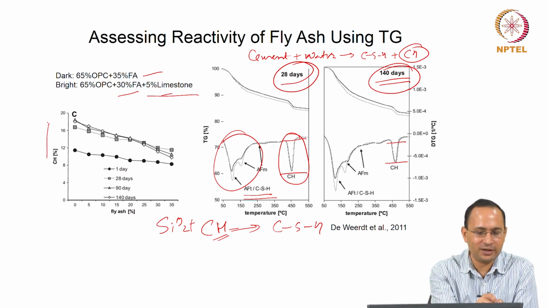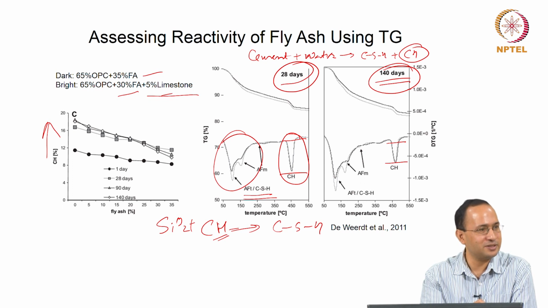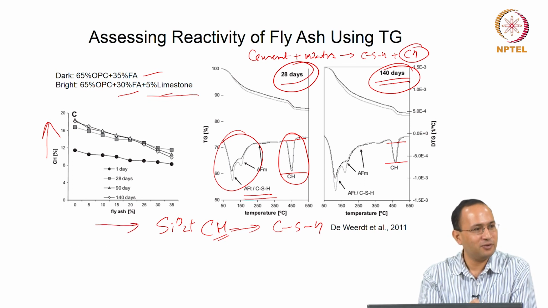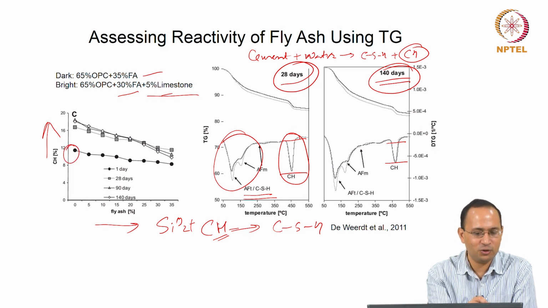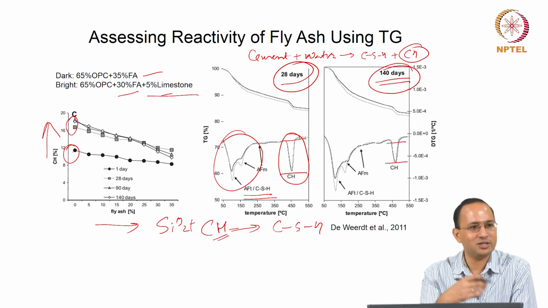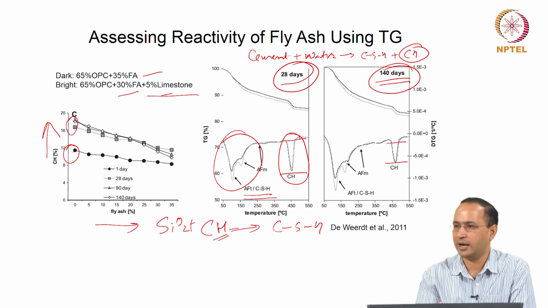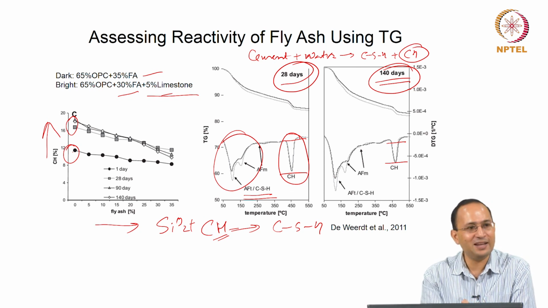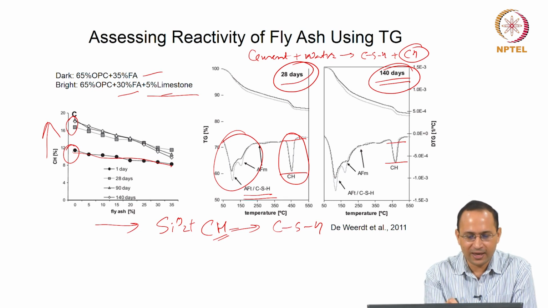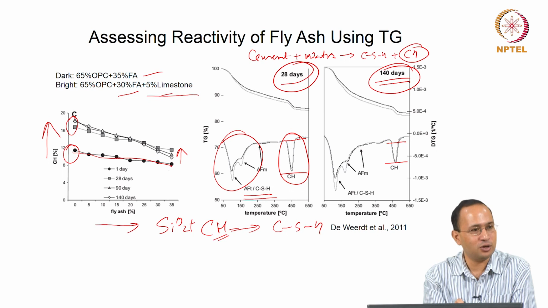Now, the same thing has been plotted here, CH percent, meaning calcium hydroxide percent, against the fly ash amount. When you have 0% fly ash, no fly ash, you see cement is hydrating, you are here, then with time it increases, your cement is hydrating, you have more and more calcium hydroxide formation. What is happening when you add fly ash is that your amount of calcium hydroxide is decreasing, and with time, this could be because of dilution also. Initially we are talking about 1 day. But with time, at 140 days, instead of here it is somewhere here. So, you are consuming calcium hydroxide.